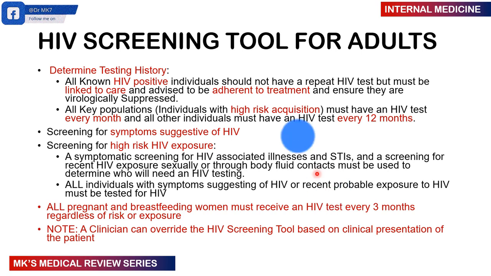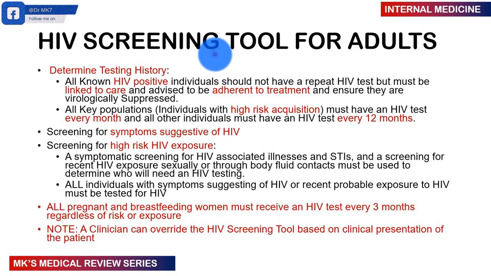Now, what are some of the screening tools in adults? So we want to determine the testing history. If a patient is HIV positive, if they're already a known positive patient, you should not repeat the test. These patients must therefore be linked to care. If they're not on treatment, they should be counseled on adherence. Every time you meet the patient, counsel them on adherence and compliance,